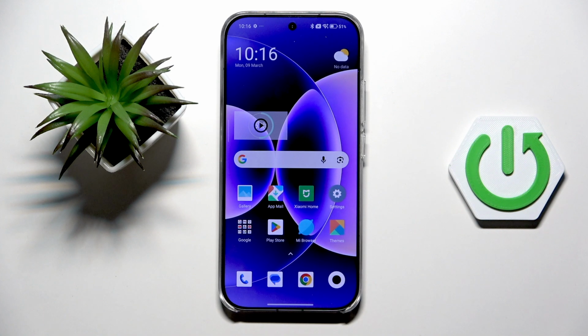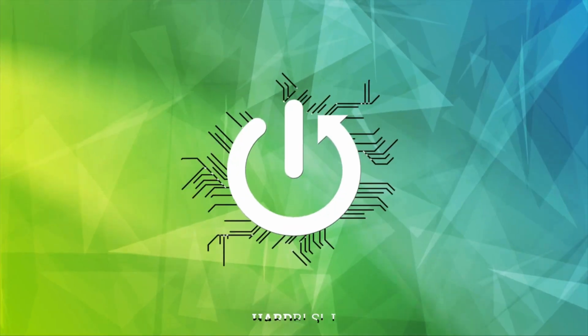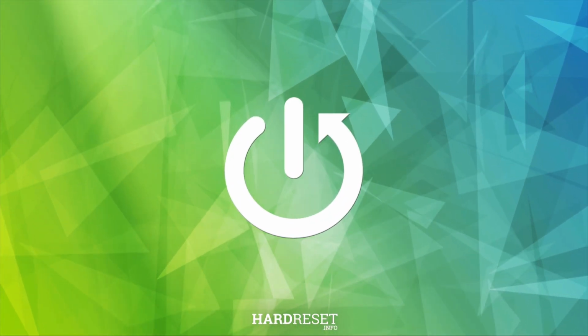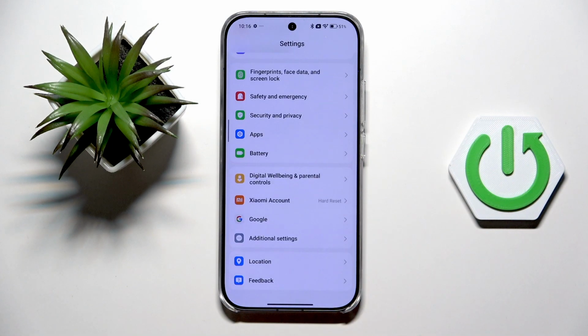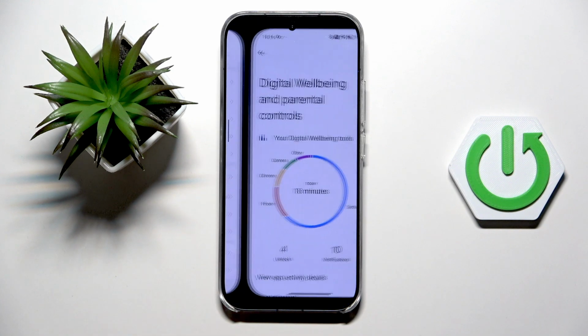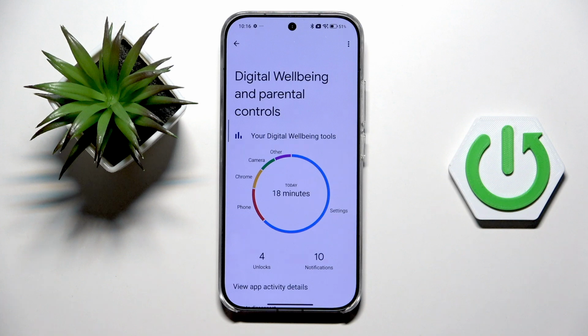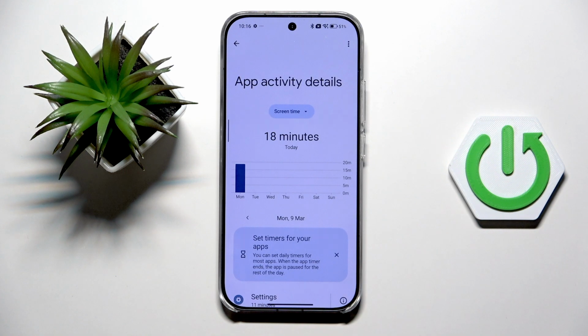Everyone, in front of me is Xiaomi 17, and let me show you how to check total screen time. So at first, open the settings, then find and select Digital Wellbeing and Parental Controls. And here you've got kind of basic data, the general one. Tap in the middle of the screen, and here